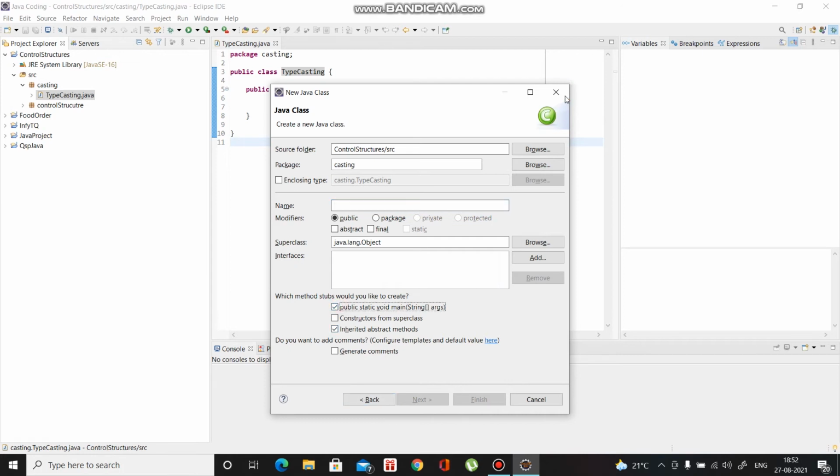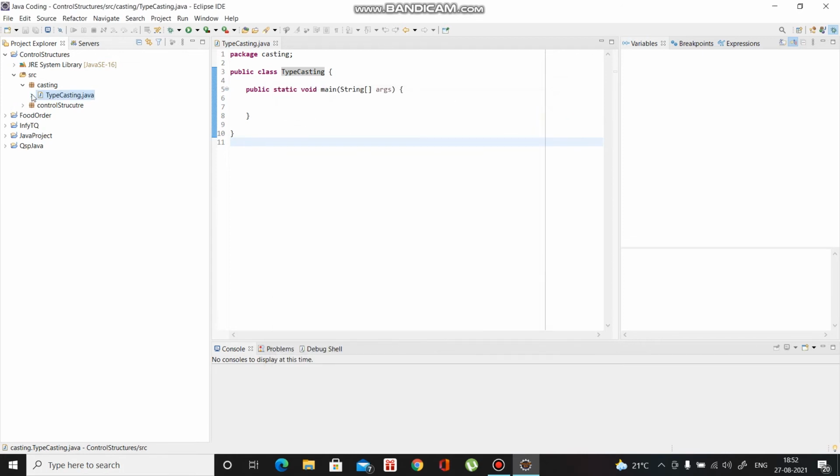Under this, now I am going to show how it will work implicitly. Let's take int i is equal to 10, semicolon.